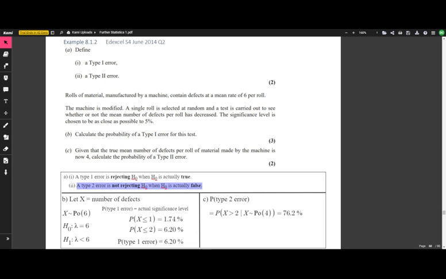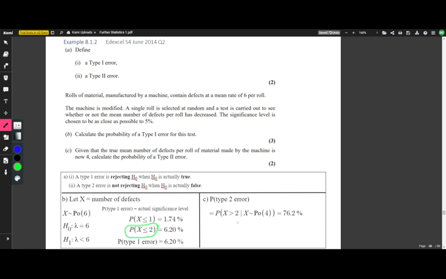In part C, given that the true mean is actually 4, again, we don't need to worry ourselves with how that was actually found out, but given that the true mean is actually 4, what's the chance of a type 2 error? Now, the chance of a type 2 error is the probability that we do not reject the null. And since we've just worked out that our critical region is X less than or equal to 2, that's what we chose as our critical region,